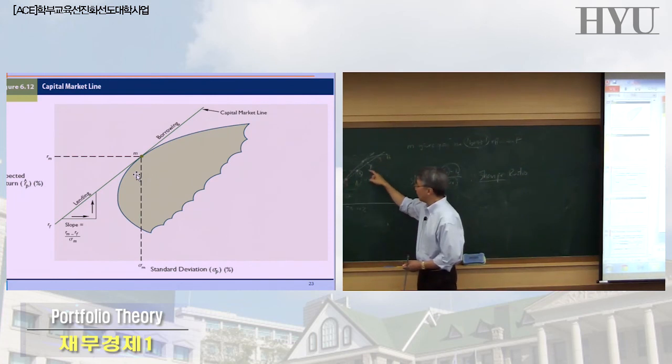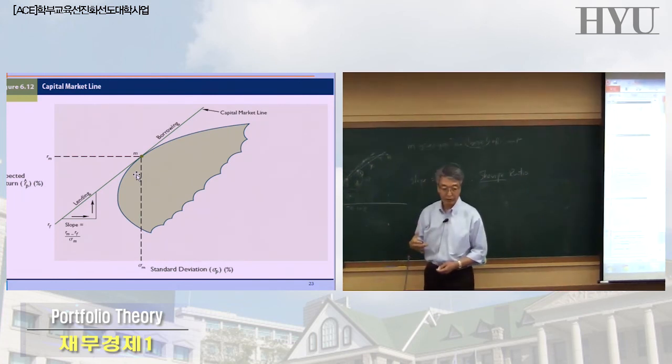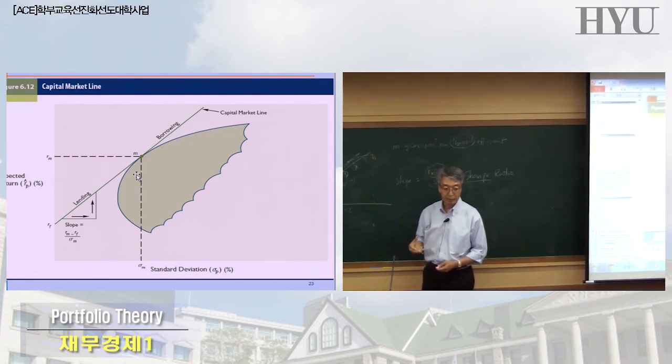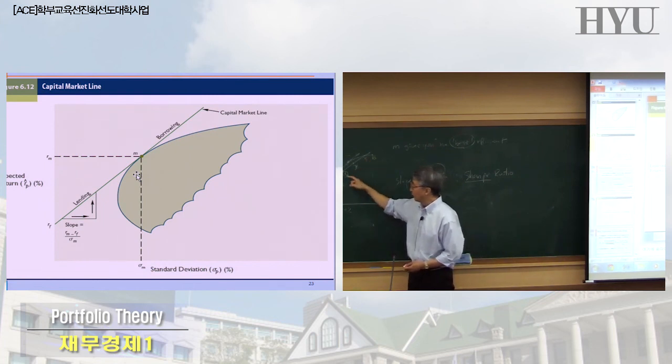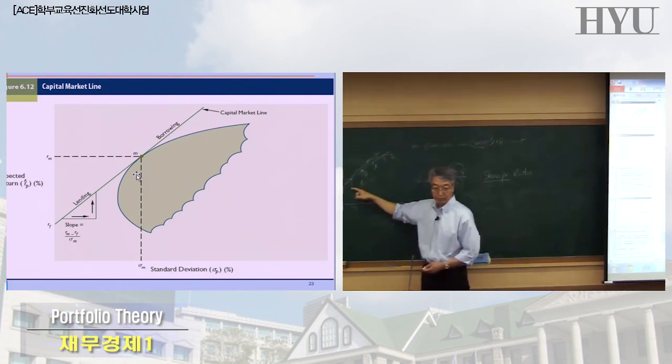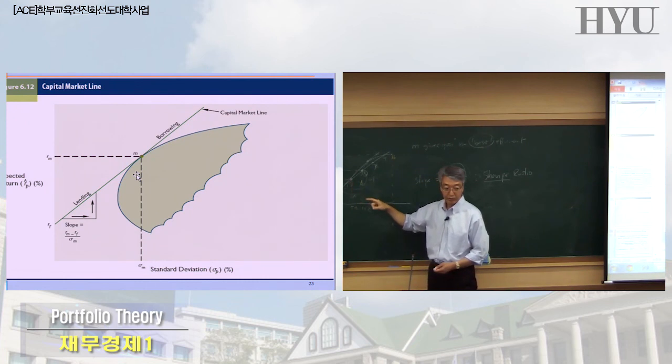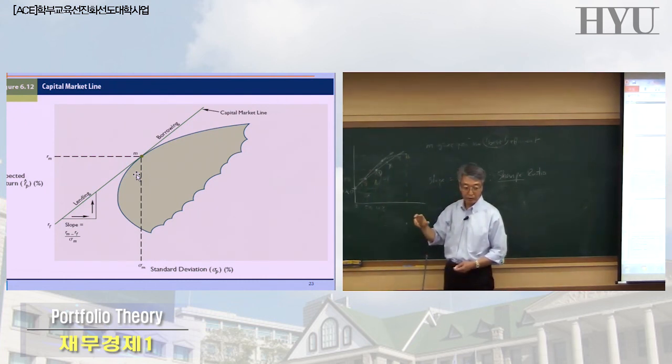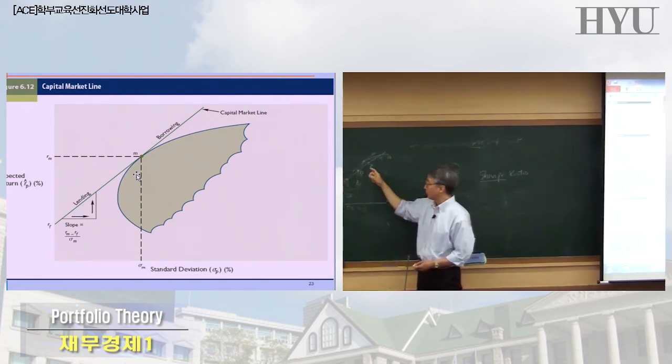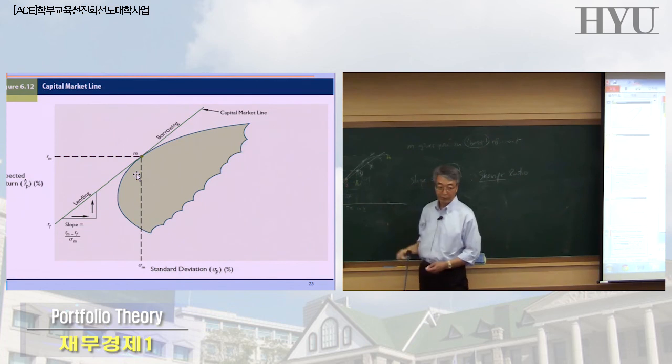X and Y? Yeah. No, because it depends on your preference. But in this situation, can you say that M is right, because X and Y have the same slope, same Sharpe ratio. So you cannot say which one is better, right? But you can definitely say C or M, the tangent point, is better than X or Y.